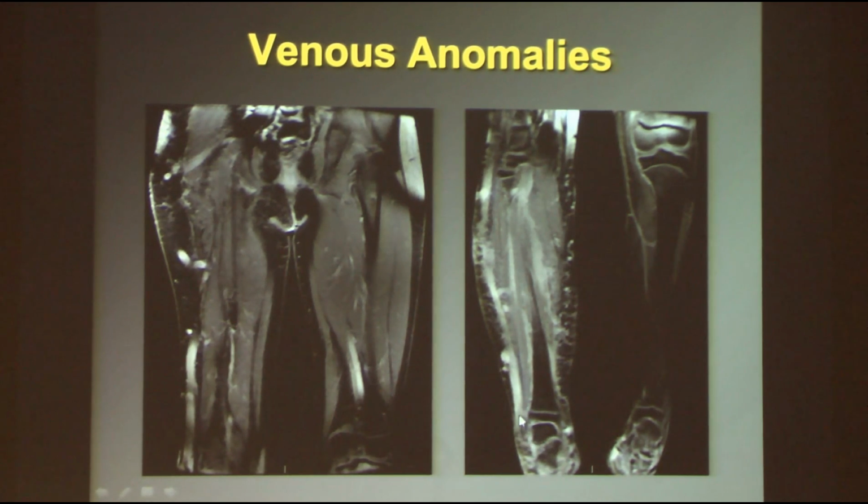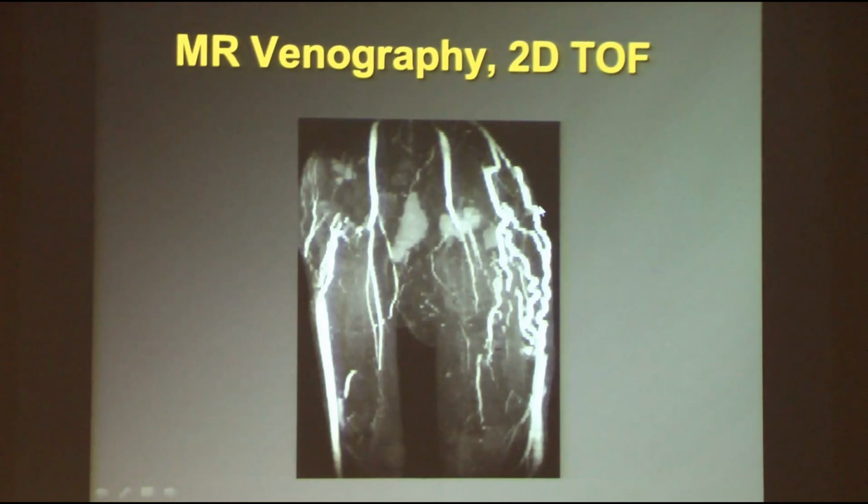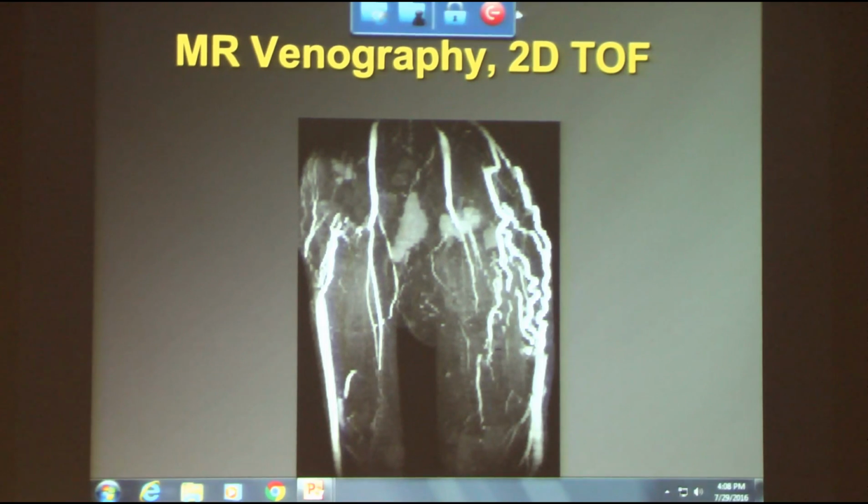Below the knee, you see the rest of the marginal vein here. And you can also see the deep veins are not quite nice and normal and straight like they should be. Now, there are two types of MR venography. This is the old type called 2D time of flight, and it gives very good pictures, but it's flow dependent. And so if you have a picture like this where you see marginal vein on each side, but you don't see the deep veins, you don't know if it's real that there aren't any deep veins or just because there's